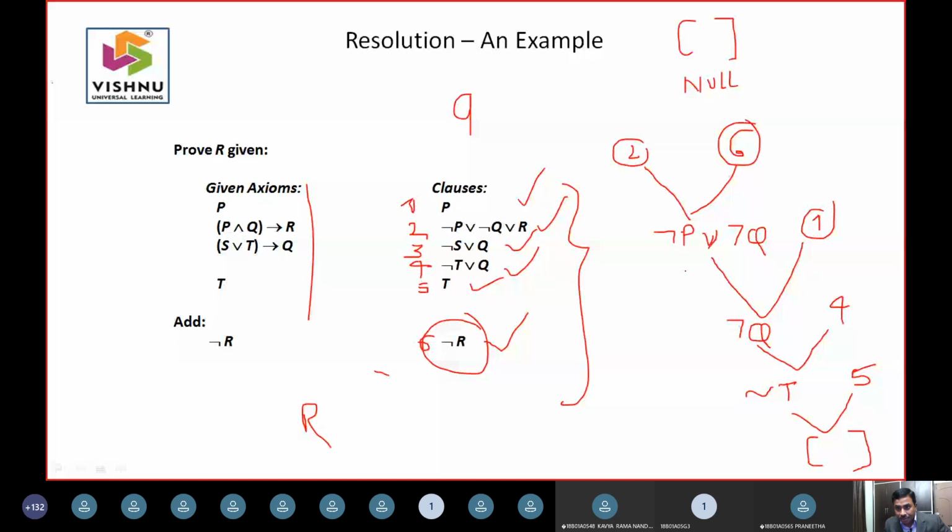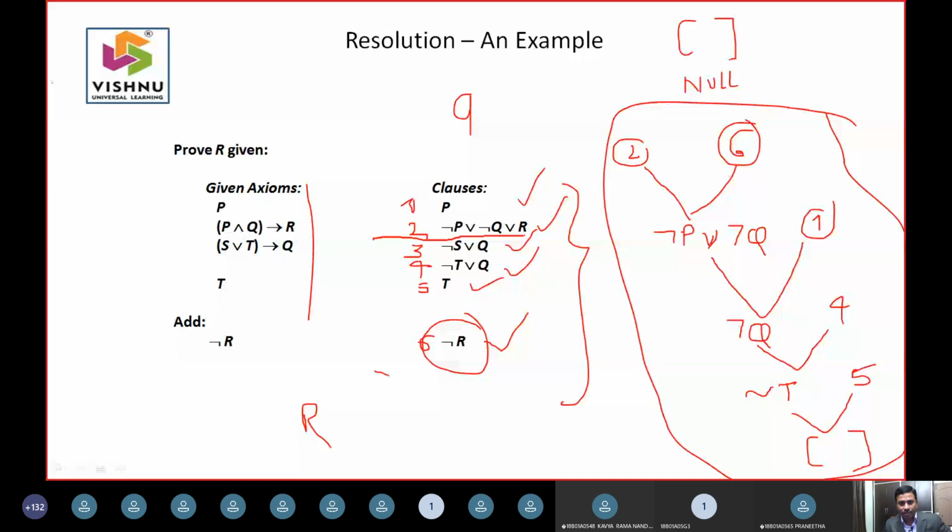Whatever representation that I have done is called the resolution algorithm. The output of the resolution algorithm will be null or an empty set. It depends. At this moment I have taken 4 and at some point I have taken 5. I have not used statement 3 for various reasons. While you infer something, there is no need to consider the entire knowledge, and you can consider the knowledge more than one time. See, this is statement 2. This 2 can be used more than one time.